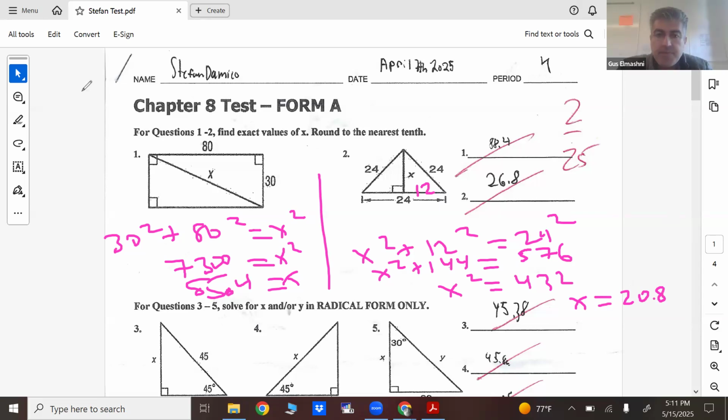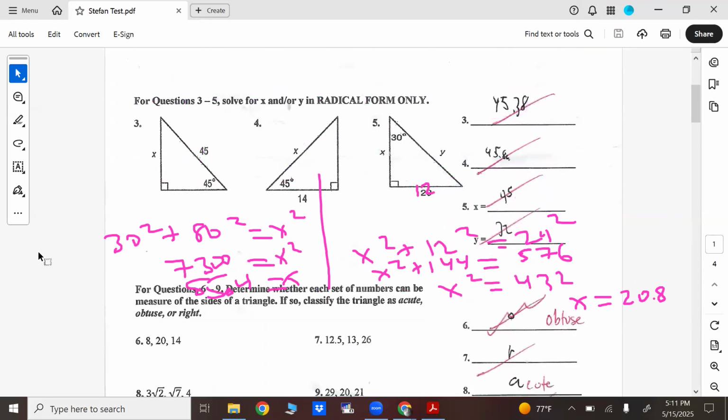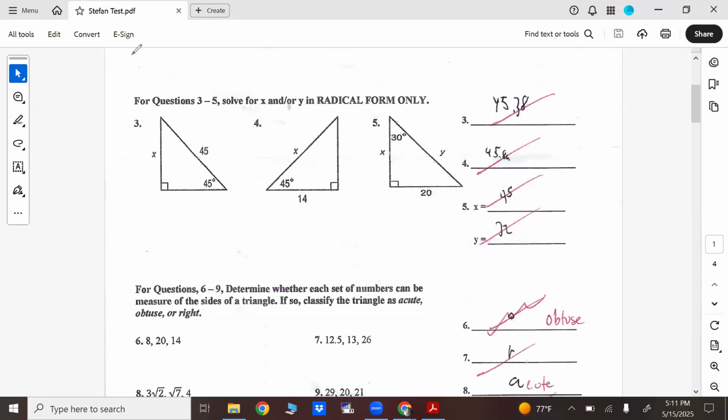Okay, so that's one and two. Yeah, we're okay? Yeah, we're good. Okay. Here you want radical forms, so you have to use the ratios. Yeah, so if you forget,